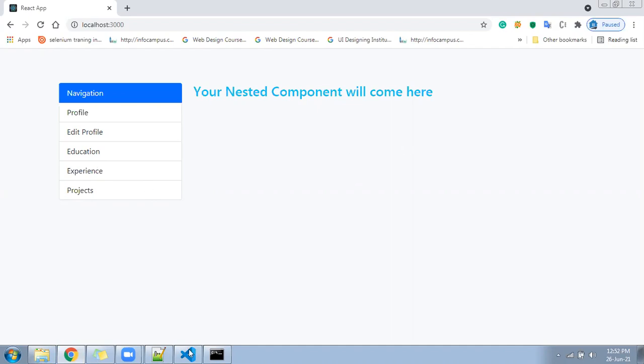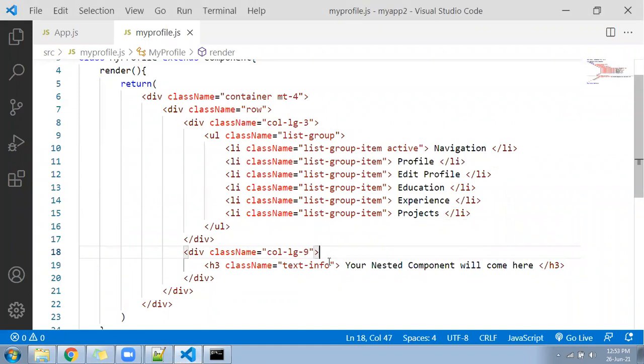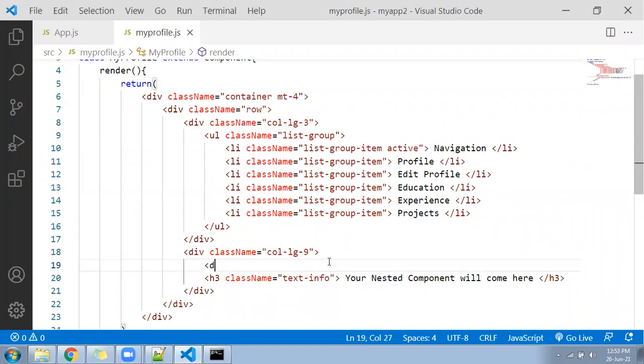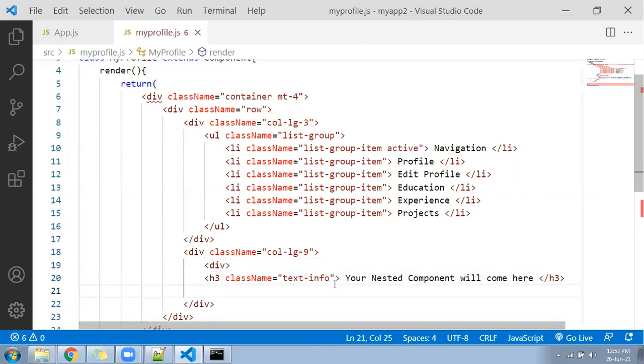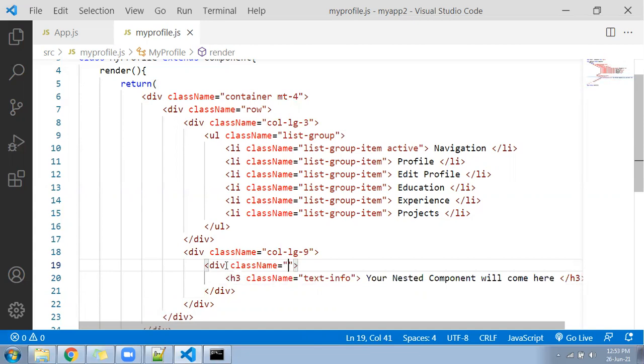Okay, so that is the target. So let's go here and I will do some changes in the right hand side so that the look will be a little better. I follow the division. Let me keep the division here, and for this division I'll keep className equal to bg-white and p-4, padding 4. This is a Bootstrap class, and rounded also. Some radius will get applied, some curve will get applied on that. Okay.